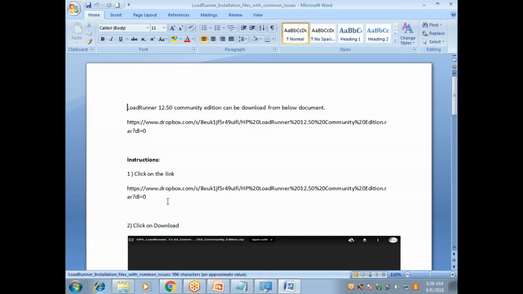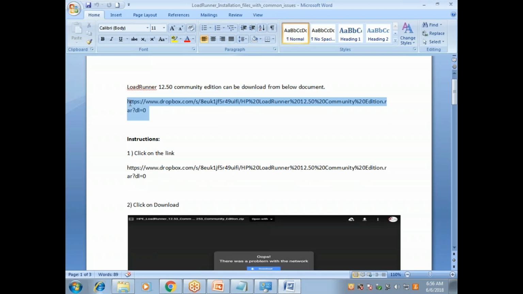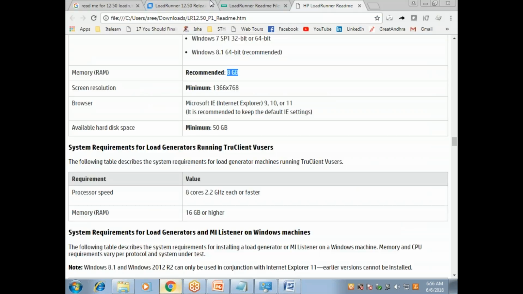Okay, this is the document. I'll be sending it out to you. Okay, so you see LoadRunner installation files with common issues. Okay, so this Word document, I'll be sharing it with you. What you have to do is copy this, put it on your browser,